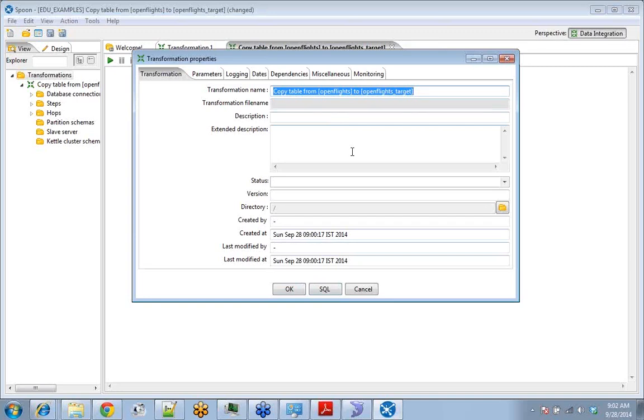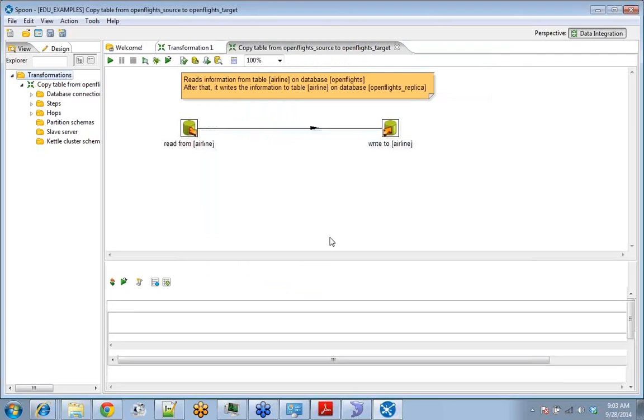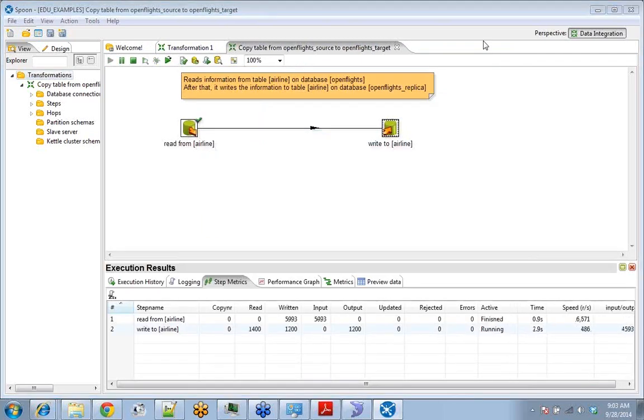And okay, so it is asking us to save the transformation. So we will name it copy tables from open flights source to target and click on OK. So the first time, because this is not saved, it is asking us this information. So it is executing. Here in the step metrics you can see it is reading the rows and it is writing